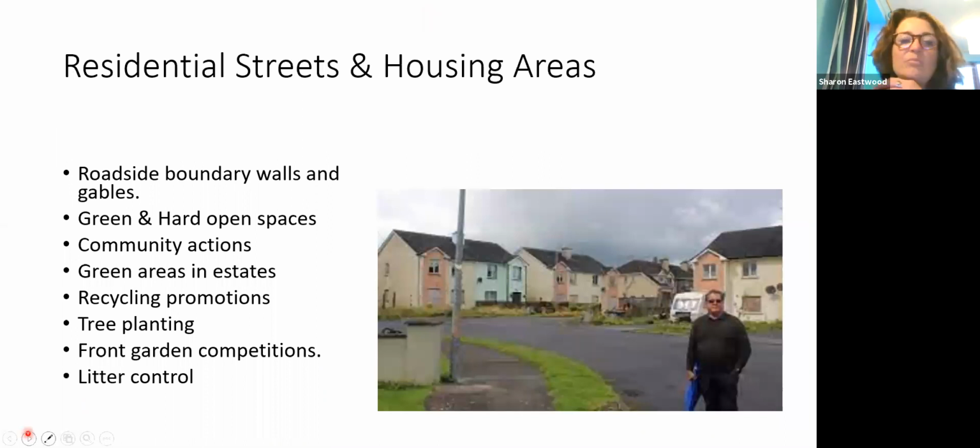Okay, so moving on, the second last adjudication category is residential streets and housing areas. So a little bit similar, we'd be looking at the roadside boundary walls or gable ends of houses. There's a photograph here of a ghost estate. Thankfully, I don't think we have many of those now. Property seems to have been snapped up in Sligo. One of the benefits of COVID, you can't get homes around here. Every old house seems to be